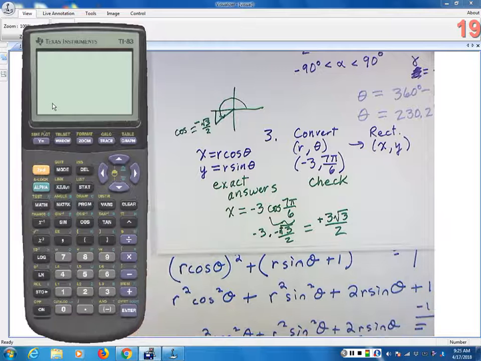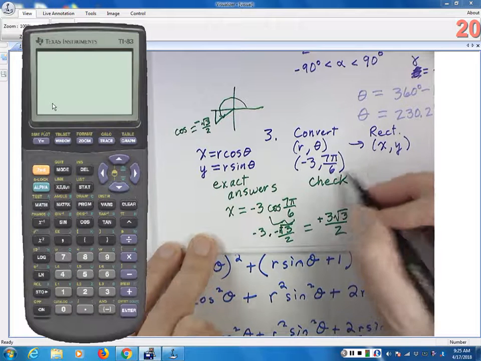How do we check this, though? You do the same with sine. You're supposed to use your unit circle and find the exact answers if it's a 30-degree angle or a 45-degree angle, something like that. Okay, but to check it, again, you're going to put in